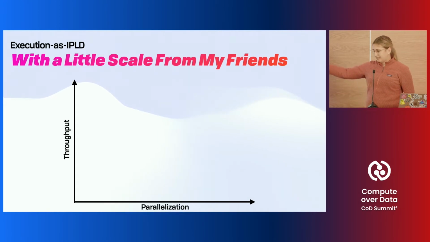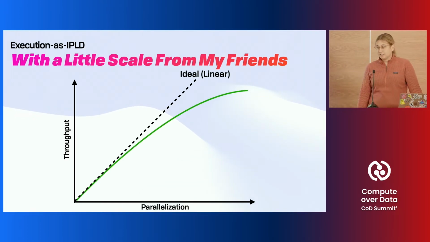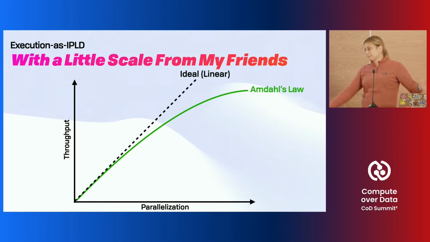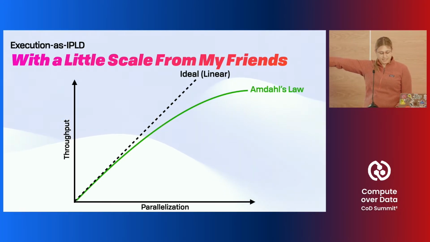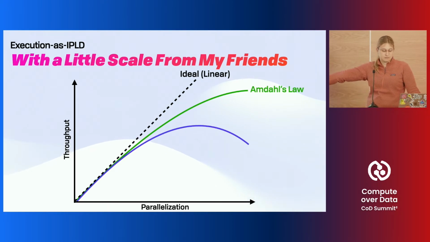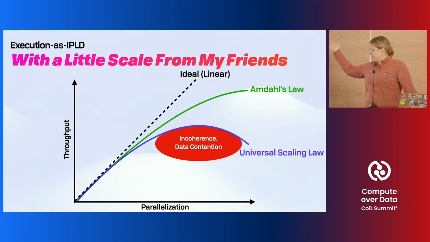Because all of that is totally pure, we can do adaptive optimization. As you're parallelizing jobs, there is a loss of efficiency, especially if you have a DAG rather than just a tree, because you have to do a little bit of coordination. This is Amdahl's law. It's actually much worse than that, though. This is the updated universal scaling law, which says that because you can have data contention, you're waiting for results from this one or for that one, all of these things, that as you add more parallelization, you don't necessarily get better performance. You often actually get worse performance.